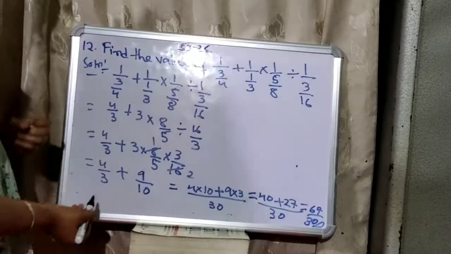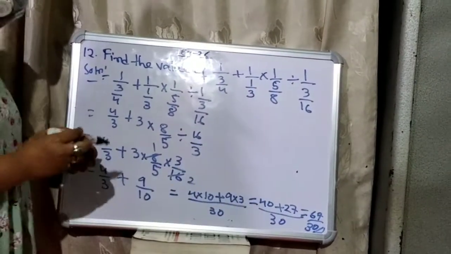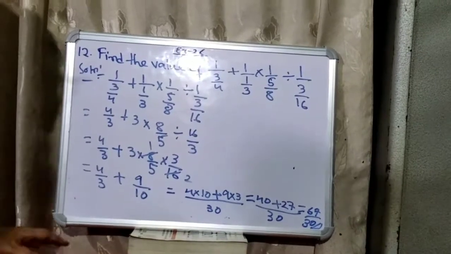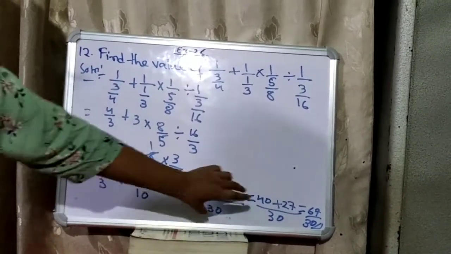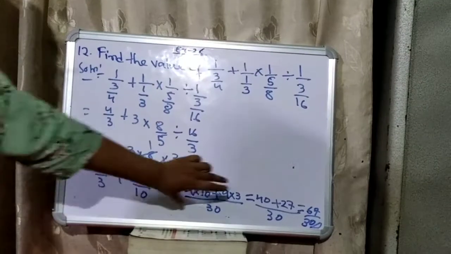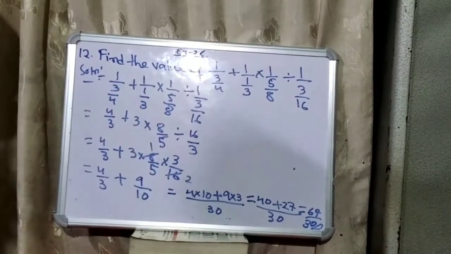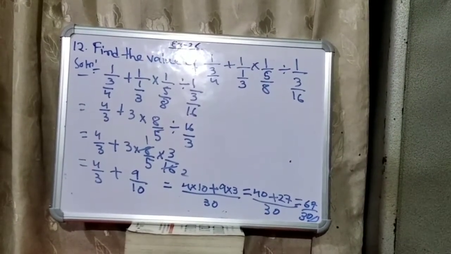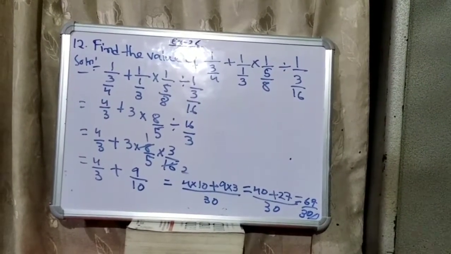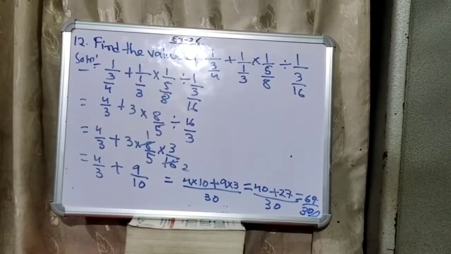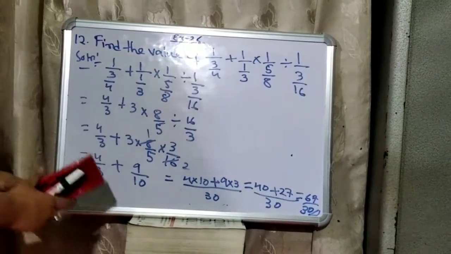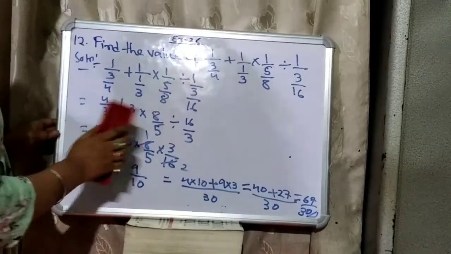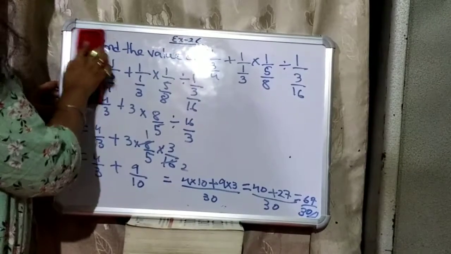Since I have no space, so I have done like up to like this. You please note down and take the screenshot. In your copy, if you are having the space, you write this equal to this step, in this another step like this and another step like this. Take the screenshot. Okay, I know my students are smart. They have taken the screenshot. Okay, let me rub then this one. Okay, let me rub.